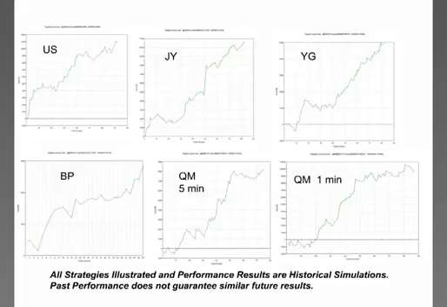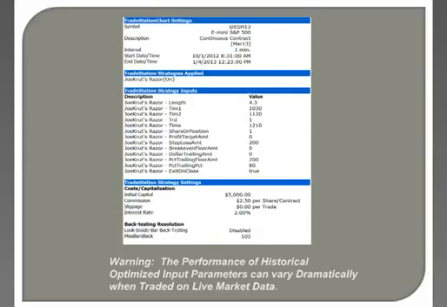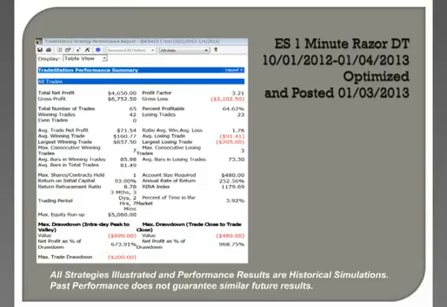Mark says, you seem to be in the market less than 1 hour for the ES 1 minute. That's not quite right. Let's go look at a minute just to see what we are. Average bars in losing trades is 73 minutes. Average bars in winning trades is 85 minutes. We're in trades about 81 minutes, Mark.